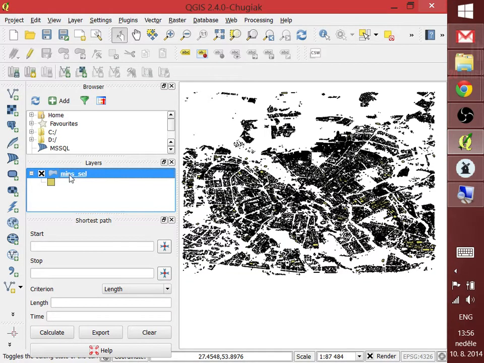So first off, we need to double click this layers thing and